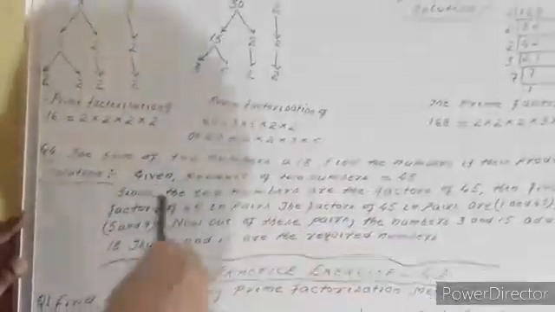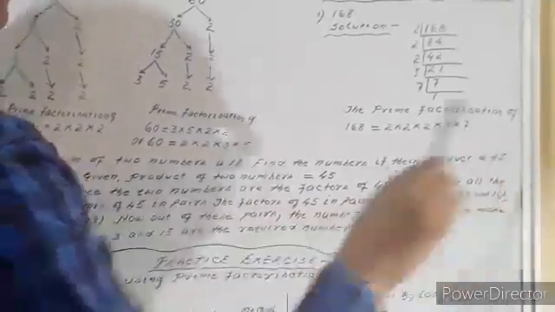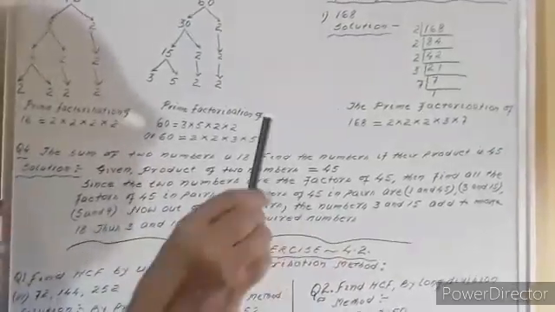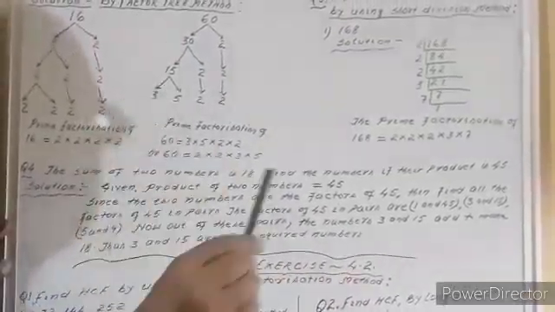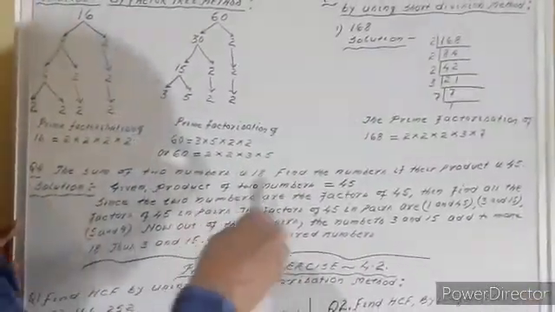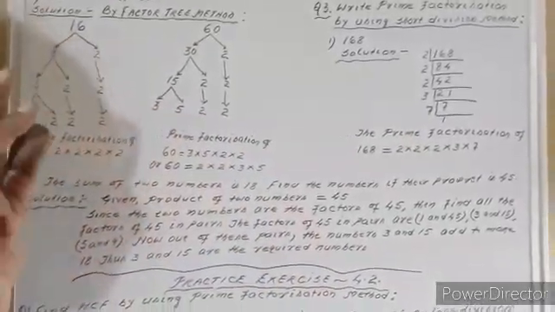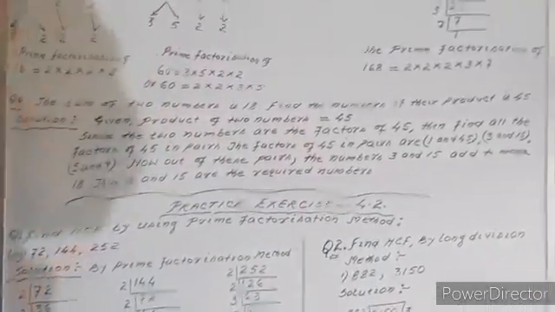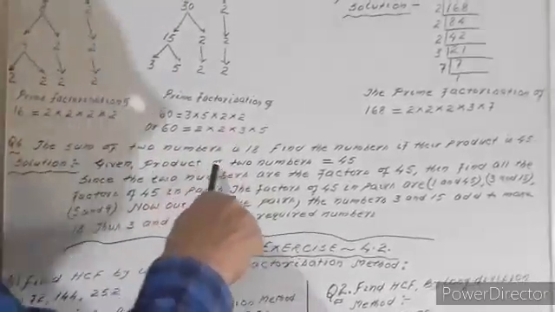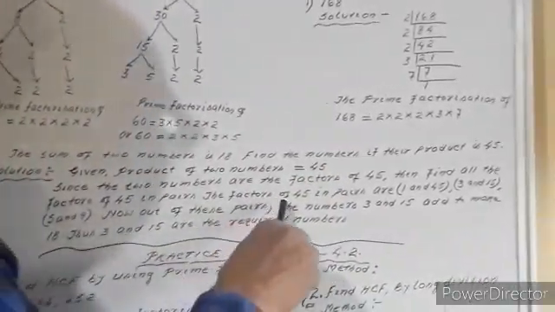Now there is another question. The sum of two numbers is 18. Find the numbers if their product is 45. Here they have given the product is 45. I mean we have to determine such numbers whose sum should be equal to 18. So we take the product of the two numbers as 45 and we determine all the